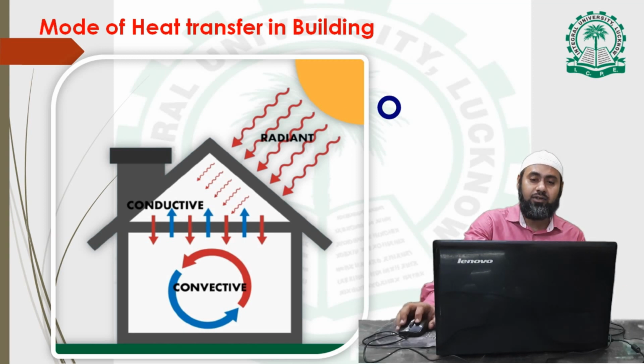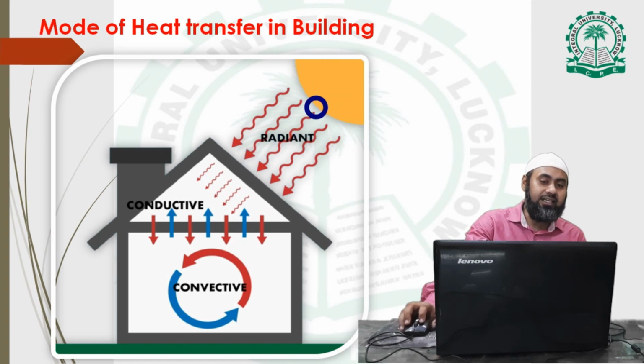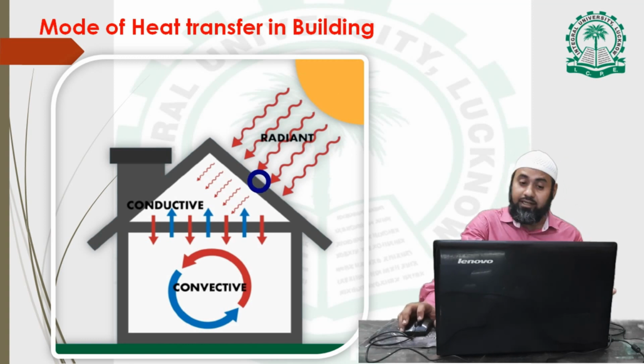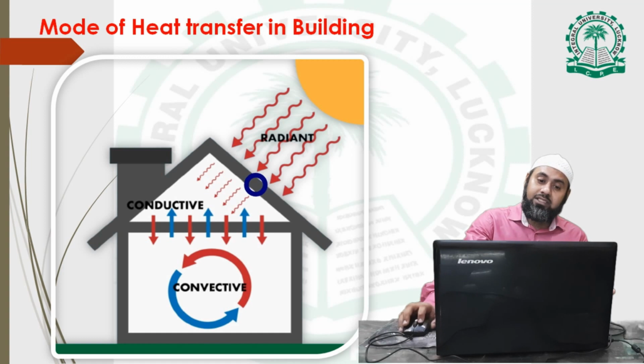Here it is the sun. You can see the amount of heat coming from the sun to the roof of the building. This is called radiation, solar radiation. This mode is called radiation. It is the radiant heat coming from the sun to the roof of the building or on the wall of the building. And once the heat strikes the wall or roof of the building,